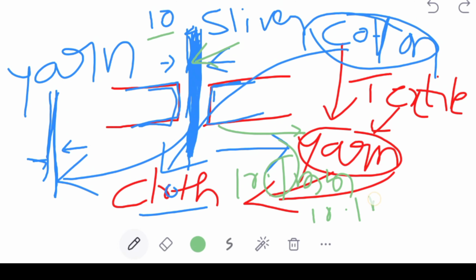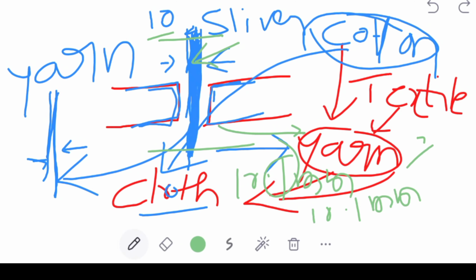If any linear displacement is there, it will produce an electrical signal, and automatically the faulty part will be cut. This is done by automatic machinery in industries. Like that, the LVDT plays a key role in combing machines, and wherever a small linear motion is there, it will be converted into an electrical signal. That electrical signal we use to cut or rectify the error. To find the solution, we are using LVDTs.